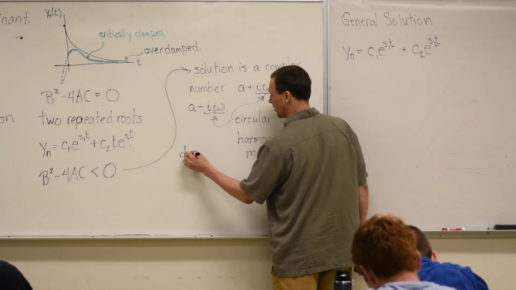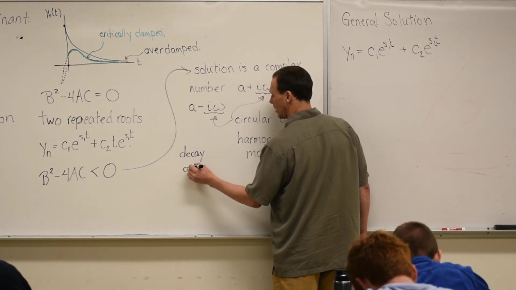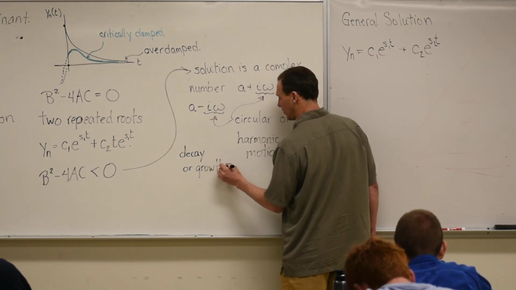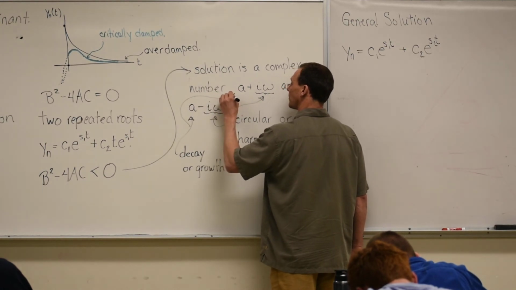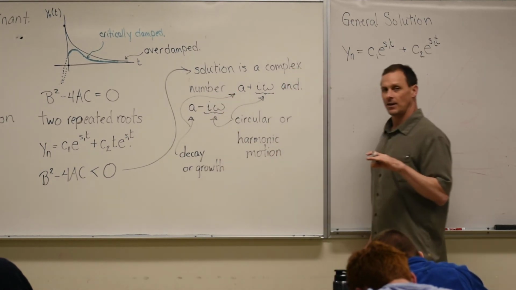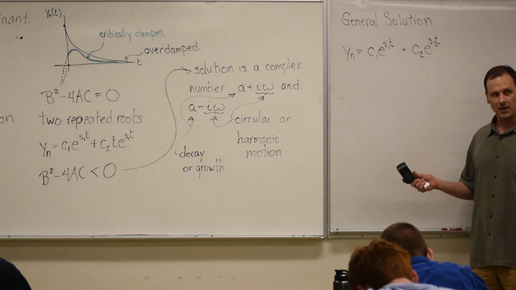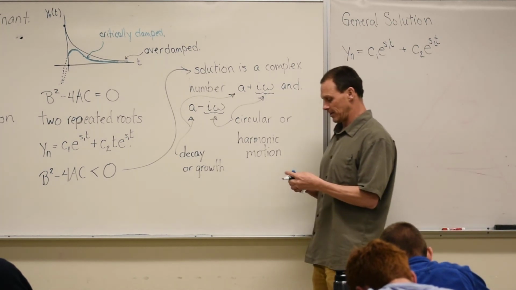Or the decay, I'm going to write it this way. It could be decay if it's negative, or it would be a growth factor if it's positive. So the A is the decay or the growth. If you looked at it in a circular picture, it would be a spiral. If you looked at it over time, what happens is,